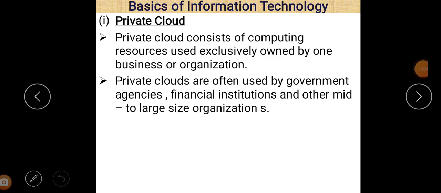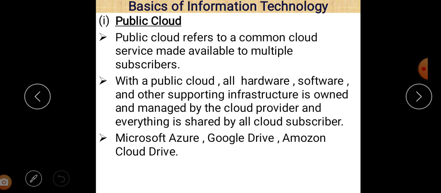Next is a private cloud. As the name suggests, private clouds consist of computing resources used exclusively and owned by one business or organization. So private clouds are often used by government agencies, financial institutions and other mid to large size organizations. So private clouds consist of computing resources used exclusively by one business organization. So resources are not shared in case of private cloud, and we can manage information